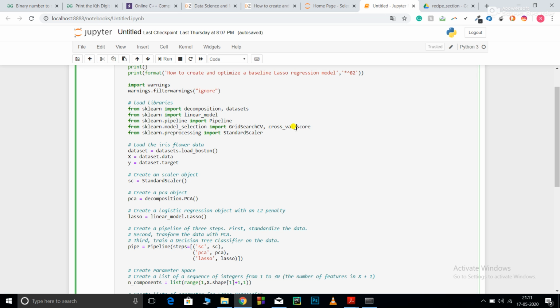And cross validation score basically splits my dataset into smaller sections, and it is generally helpful during class imbalance. So class imbalance is, suppose at the time of a classification problem, there are two classes, but your dataset has 10,000 rows.